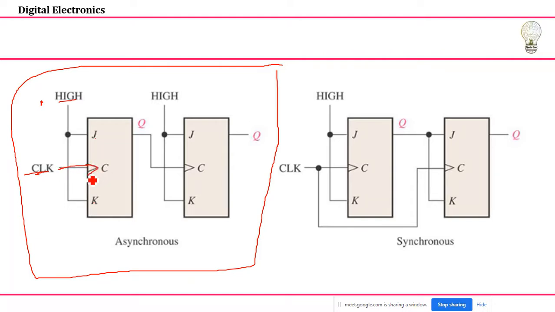Then the output of the first flip flop is connected to the clock of the second flip flop. This process will be repeated continuously depending upon the number of bits. If n number of bits is required, then I can use n number of flip flops. Then generally we connect my outputs to the clock. So when it comes to synchronous, what I'm trying to tell you, you can see here, I'm going